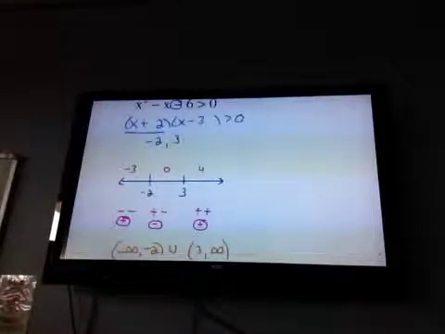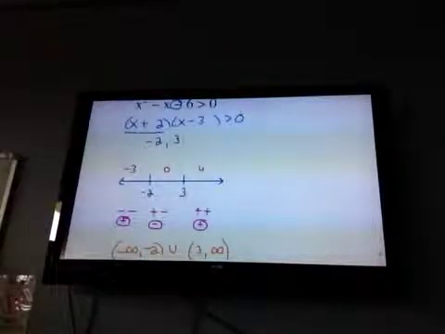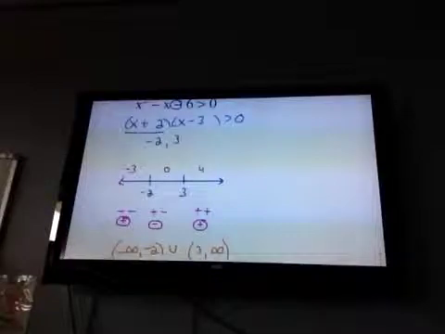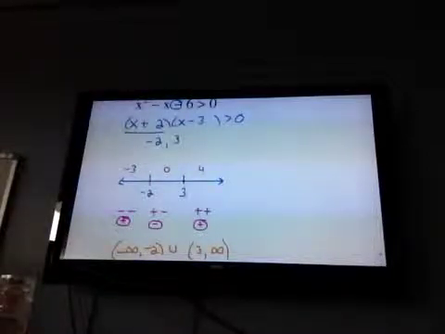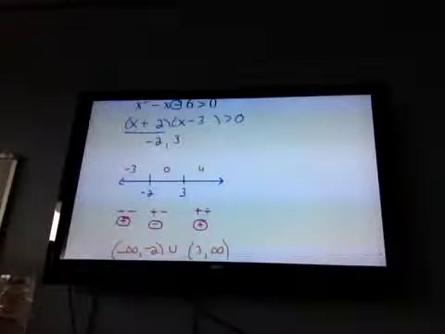Yes? So as soon as we get the two numbers, we know that the lower one is going to be with negative infinity and the positive one is going to be with positive infinity. Say that again? So if the lower number is negative and the higher number is positive, it's always going to be union infinity with the lower negative number. Why not? I don't think so. Maybe I don't understand what you're asking. Because if you multiply, oh wait, never mind, because the top numbers are always